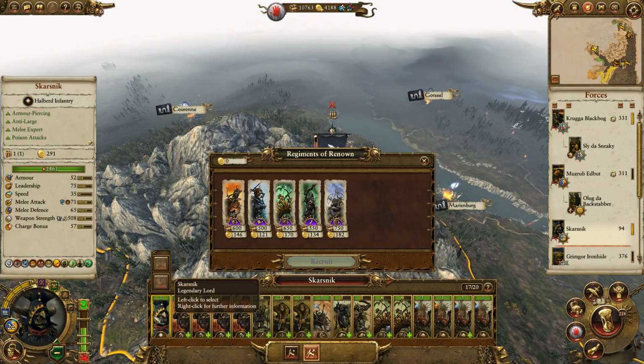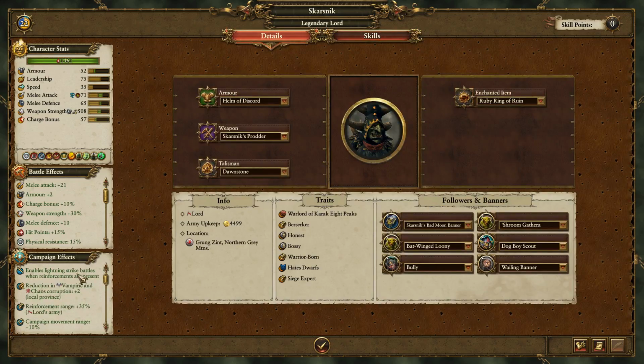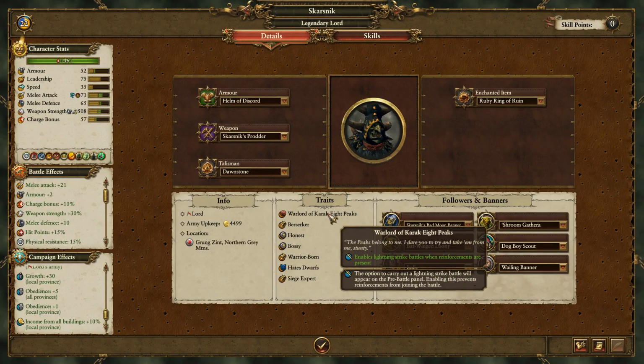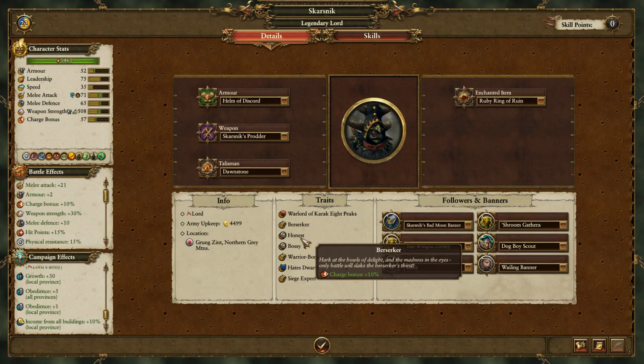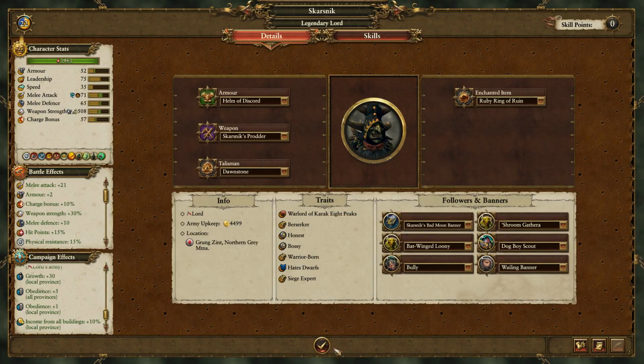He has some kind of bonus to goblins, right? Like we should recruit the goblin units into his army? I'm not seeing anything. Okay, leadership +3 for night goblins. Poison attacks on this army. Oh. Does he always have the ability to lightning strike? That's interesting. Okay, well, I'm thinking that